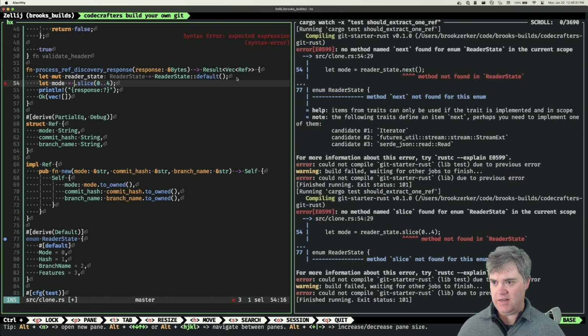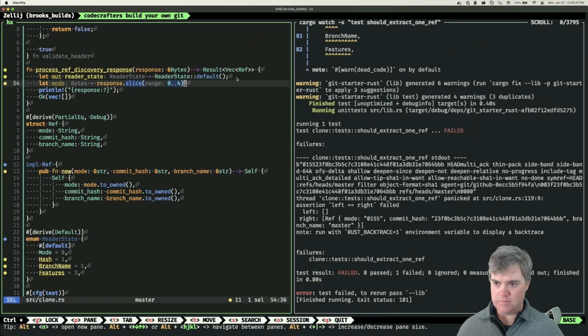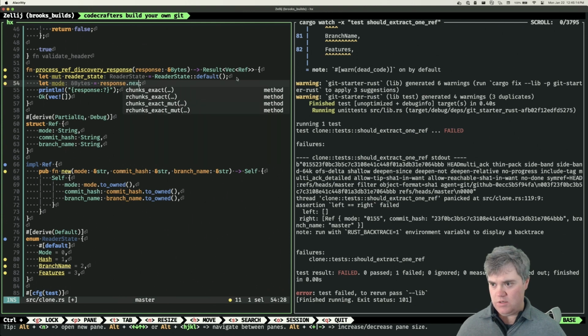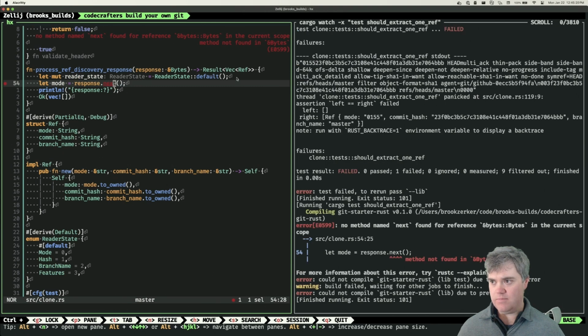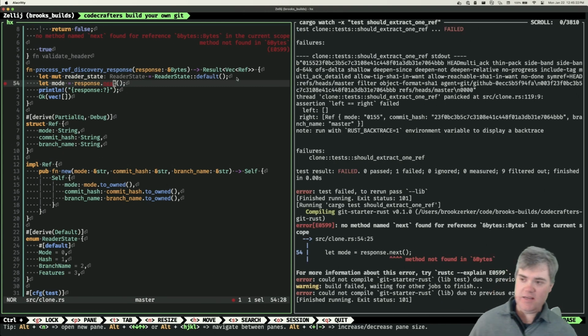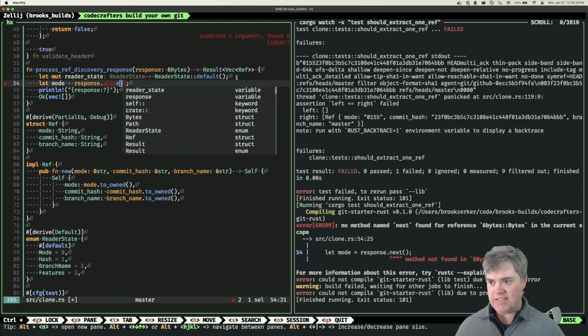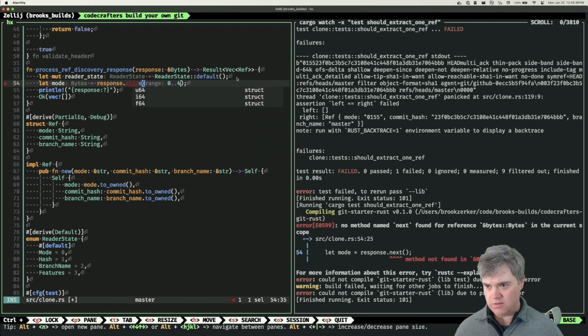Oh, there's no reader state that I need. I need response. Oh, okay. So the iterator is not directly on it. I have to extract the iterator first, and then I can go on it. Okay, so if I slice and get 0 through 4,